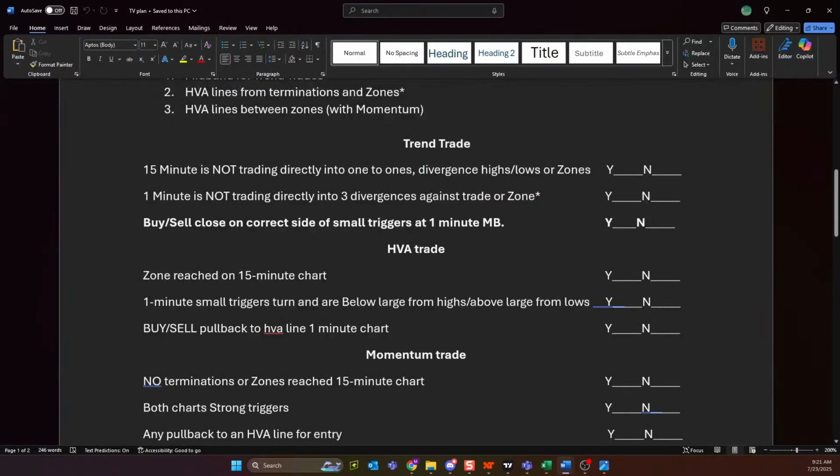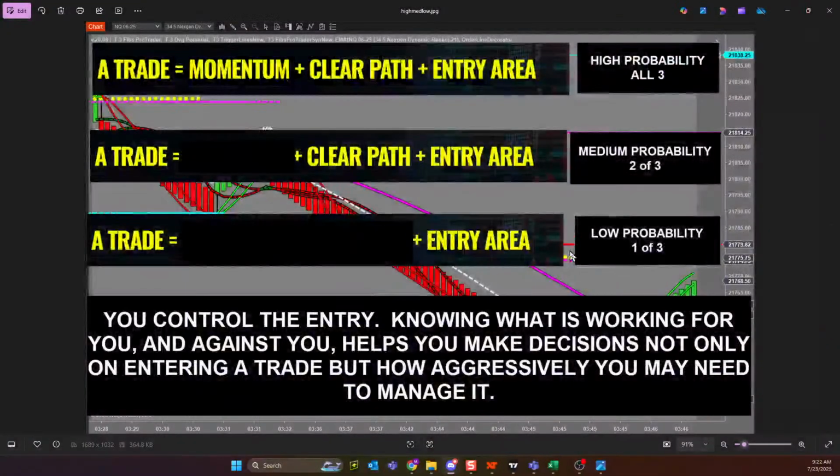So I'm going to give you guys these plans. These plans are designed to help you and give you a roadmap and give you a set of concrete rules to follow, a checklist to follow each and every time you look for a trade. If your checklist isn't met, ladies and gentlemen, you probably don't have a trade because your checklist is going to keep you focused on the best of the best.